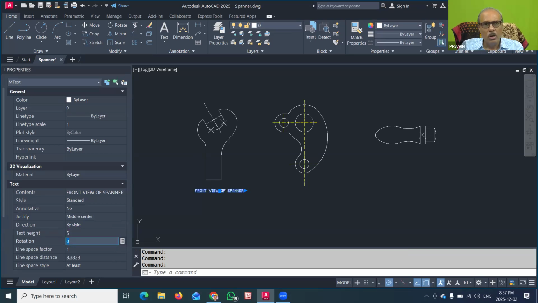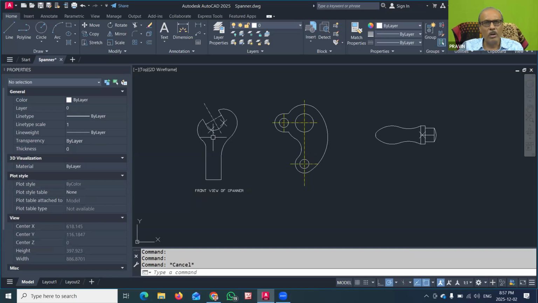With this drawing, I have used dimensions in millimeters in the previous session. So I have given the name of this drawing. This is one of the parts, showing the title of the drawing below the drawing. This can be done by using the text command, which we have already seen. But now here the font is not proper.